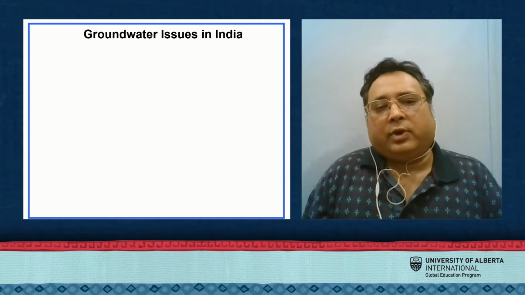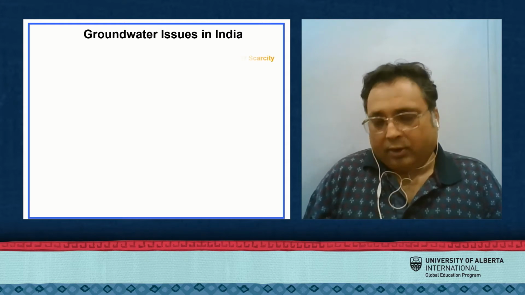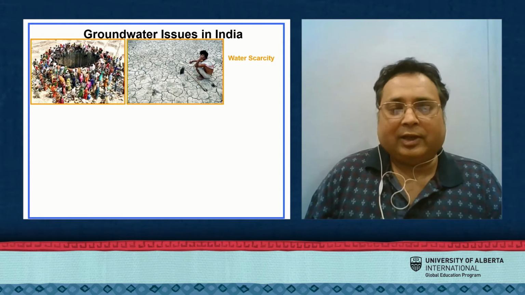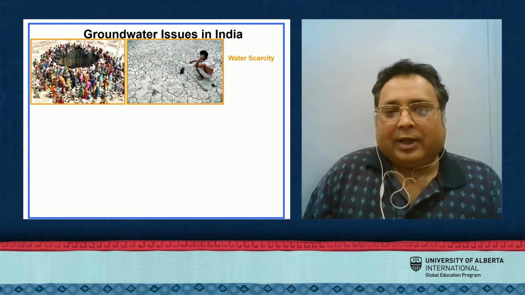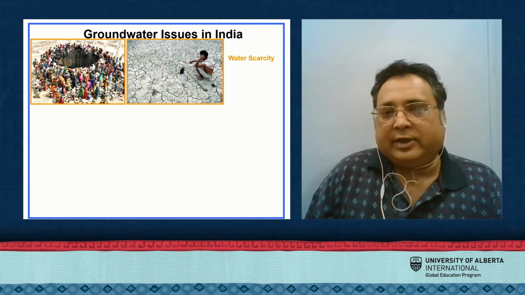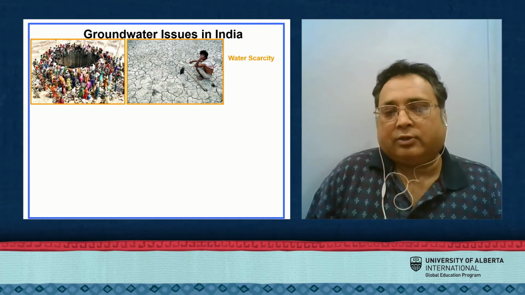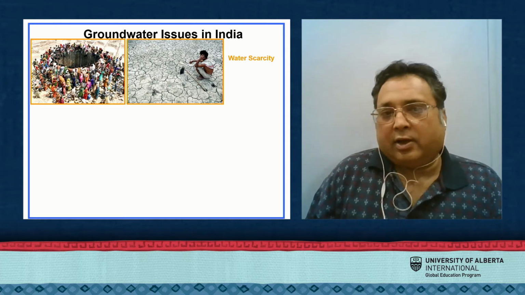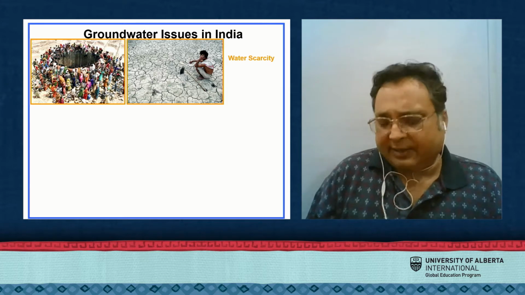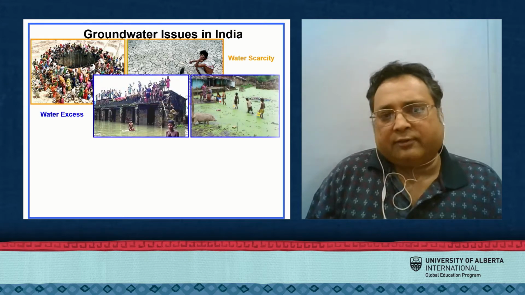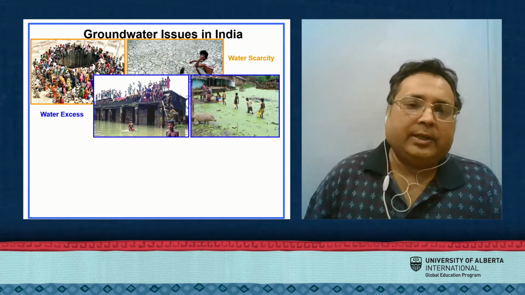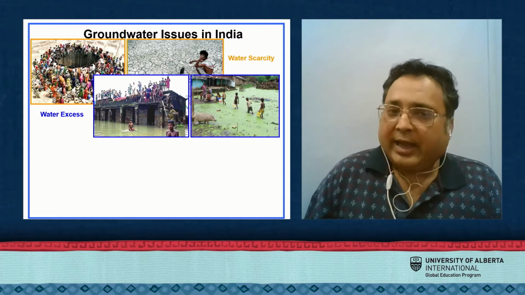So what are the issues of groundwater in India? Well, as the summer comes in and we are almost at the end of the winter, although it's not in Alberta, we are also already seeing the water scarcity. And every year, parts of India now see this kind of pictures where thousands of people would go for one well to get their water, and the croplands are drying out, foods are not getting produced. It's a mess everywhere. But at the same time, other parts of the country would have water excess and flood. So we think like flood is only caused by precipitation or rainfall, but actually much of the flood is